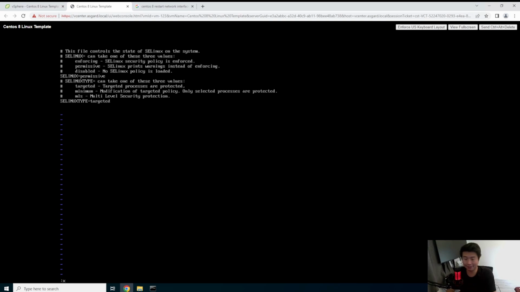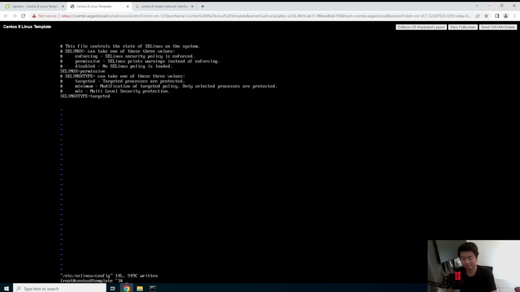I've ran into a lot of issues where SE Linux just causes more pain than harm when you're trying to just build something and you're like, oh, this isn't working, but this is exactly how it should be done. And it's because SE Linux has some policy on the back end that's like, we don't allow this unless you explicitly allow it. And you're like, okay. But it takes forever to even find it. So what I usually recommend for a lab environment is to put it into permissive. The other thing that I would recommend